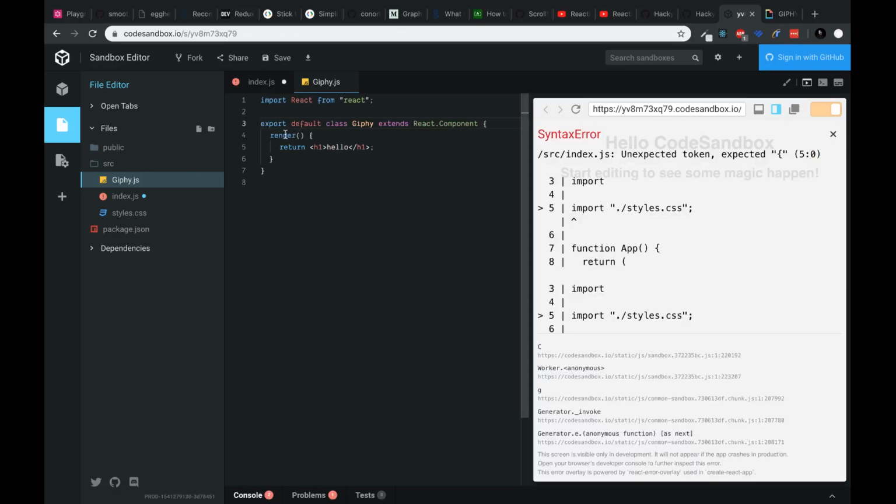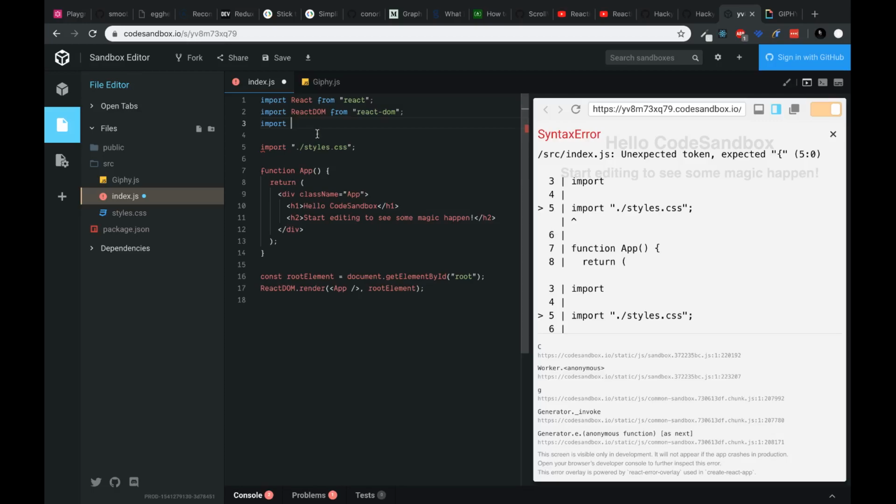Without default it will also work. Is it important to write default? Without default, you need to put it inside curly braces, because it will be a named export. You know what I mean? This is the difference. The other one will be default. So we can say default Giphy